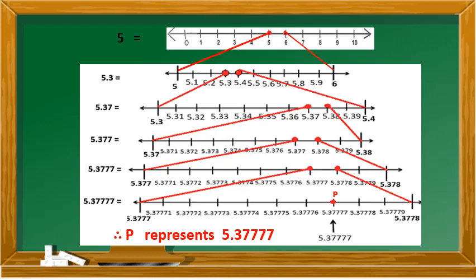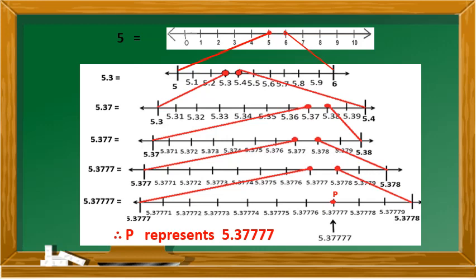So now mark 5.377 by putting a circle. Now we have to view where 5.3777 lies. We know that it lies between 5.377 and 5.378. Circle 5.378. Now next draw a number line, divide it into 10 equal parts and first of all mark 5.377 and at last 5.378.